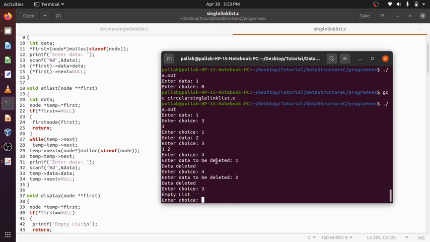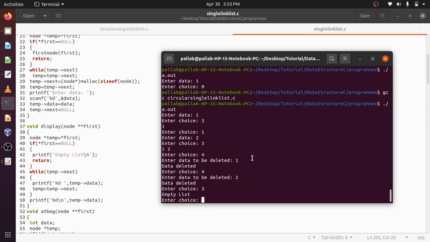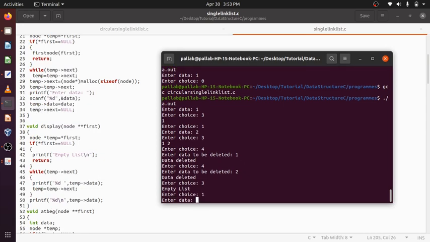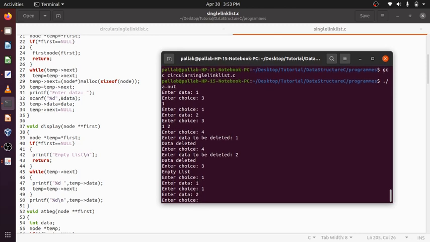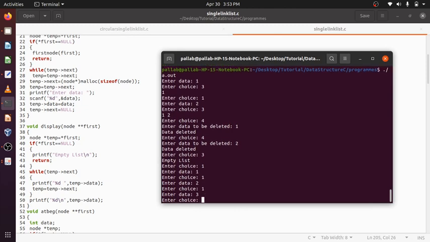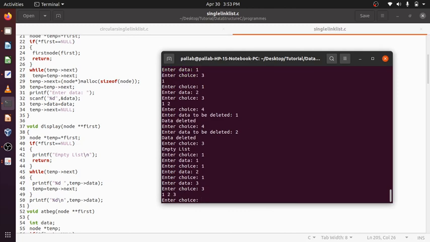If it is an empty list, it will print empty list. It now contains 3, display.